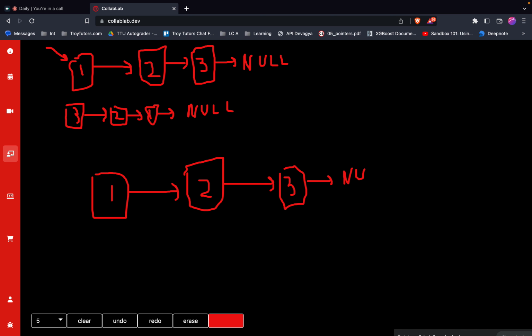And if we want to do this iteratively, before we even write code, let's imagine what we might need. Really, the key to doing this iteratively is we might need 2 pointers. The reason we might need 2 pointers is because if we point something to another place, we might need a reference to where we were before, so we can point that arrow in the opposite way. And what I mean by that is